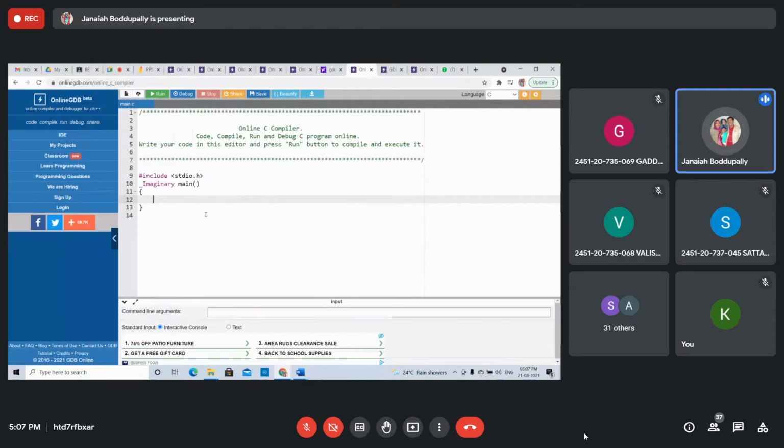Actually, array of structures is an array of similar data types, which themselves are a collection of dissimilar data types. Inside, the structure elements are dissimilar, but all the elements, all the structures, are similar data types. Array of structures is an array of similar data types, which themselves are a collection of dissimilar data types.